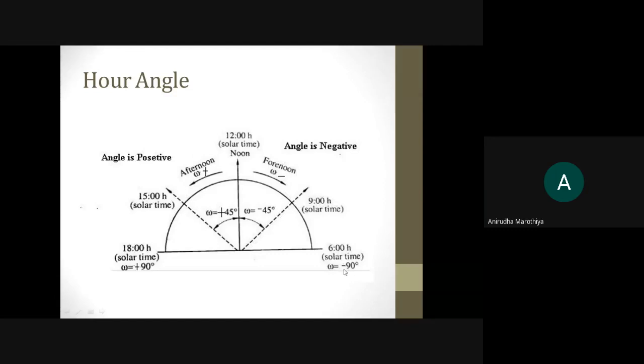So the value of omega is minus 90 degree during morning time, exactly at 6 a.m. in the morning, and somewhere in between that, from morning to afternoon, the value of omega is minus 45 degree at 9 a.m. in the morning, and then in the noon time the value of omega is nothing but 0, and in the afternoon time, for example दोपहर के 3 बजे अगर आप कैलकुलेट करोगे तो आपको ओमेगा का वैल्यू प्लस 45 डिग्री मिलेगा. and during evening time the value of omega is nothing but your plus 90 डिग्री।